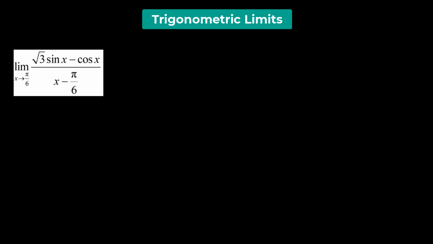So we need to determine the limiting value of the given function when x approaches pi over 6. So what we're going to do here is use a slightly different method, before changing the limit from x to h. So we are going to do a little bit of manipulation here. We are going to multiply and divide the numerator by 2. So we have 2 times square root of 3 over 2 times sine x minus half the cosine of x